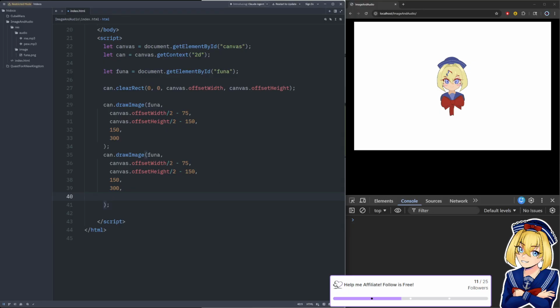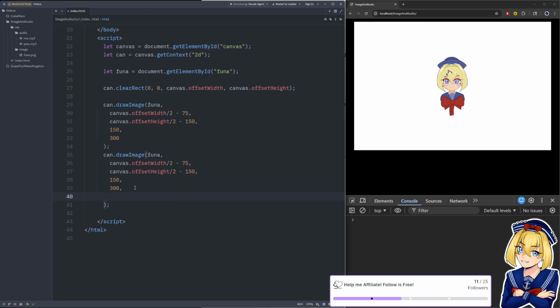And I believe, let me Google this real quick to make sure. Canvas draw image. We're going to say crop. So yes, it does work as I expected.